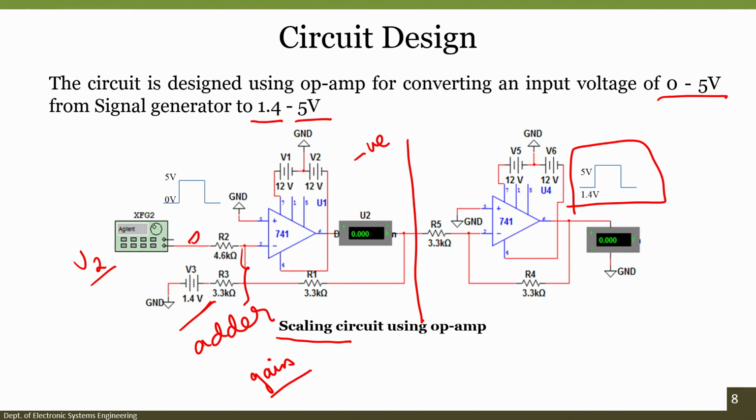I hope this has helped you understand how a signal conditioning circuit with variable input voltages can be used, and then based on your application you can design the circuit by yourself, identifying what can go into your adder portion or what can go into your gain, the desired gain based on the slope or the mathematical equation that we had derived.